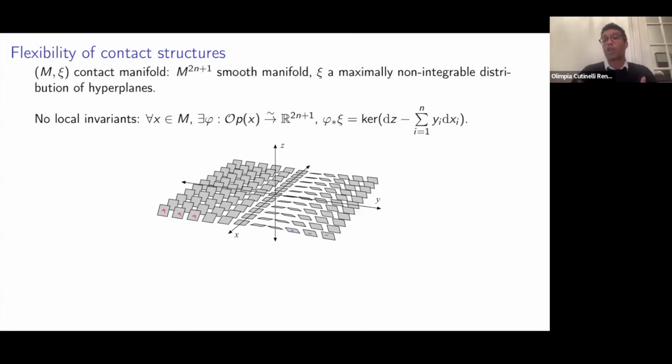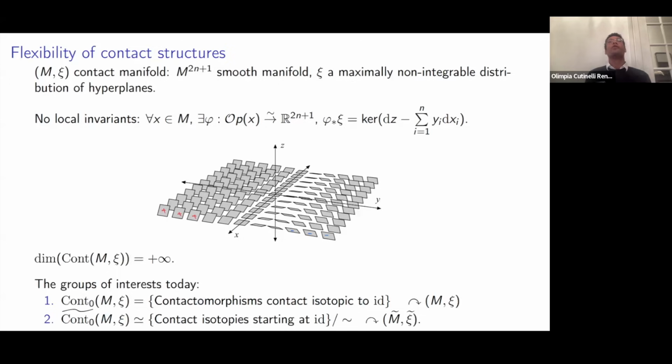And today we will talk about some of these interesting global properties we can deduce from a contact structure. Another thing that this Darboux theorem says is that contact geometry is very flexible. More precisely, if you look at the group of symmetries of a contact manifold, it will be very big. It's the group of contactomorphisms, so diffeomorphisms that preserve the contact distribution. You can put on it a natural Fréchet manifold structure and turn it into an infinite dimensional group.